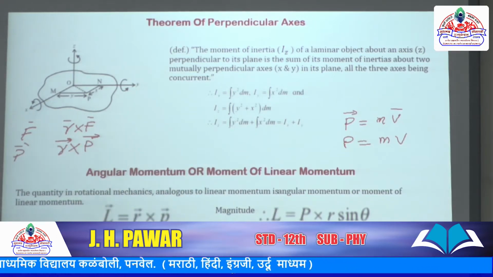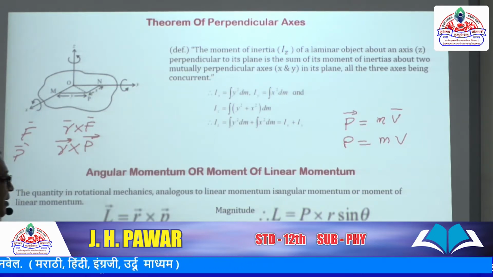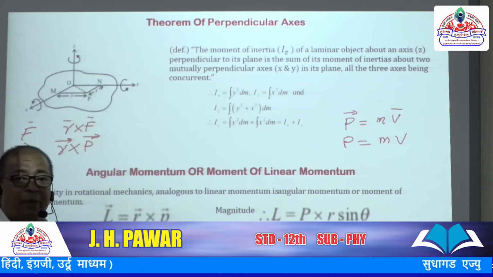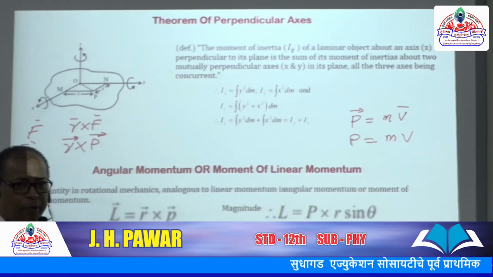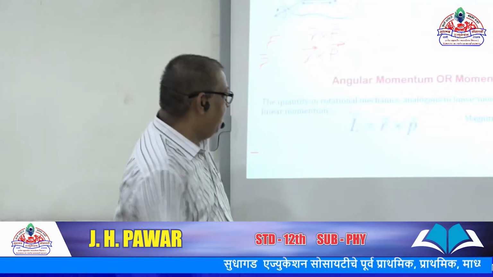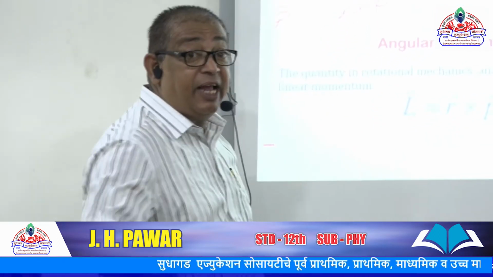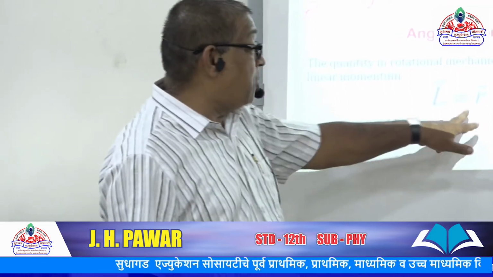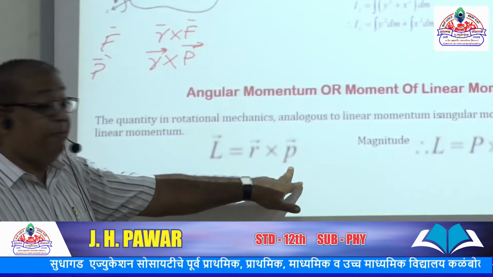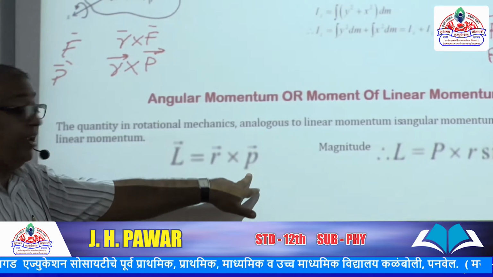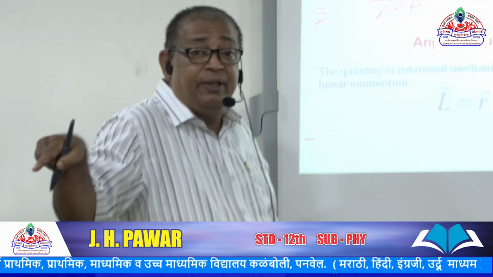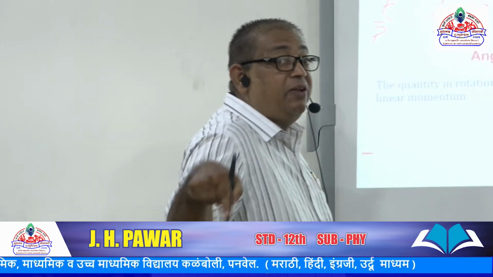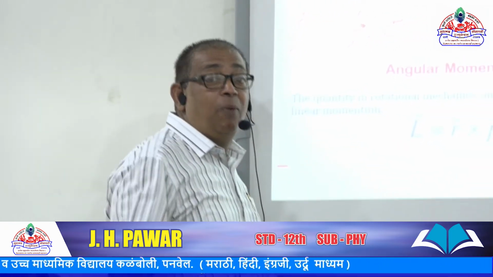Okay. Thereafter, what is its SI unit then? You can take its SI unit as kilogram meter squared per second. How? Let us see later on when we find the expression for it. Another thing is its direction. In which direction is it? It is perpendicular to both r and p, or r and v. It is in the direction of angular velocity. First, derive the expression for angular momentum of the object.